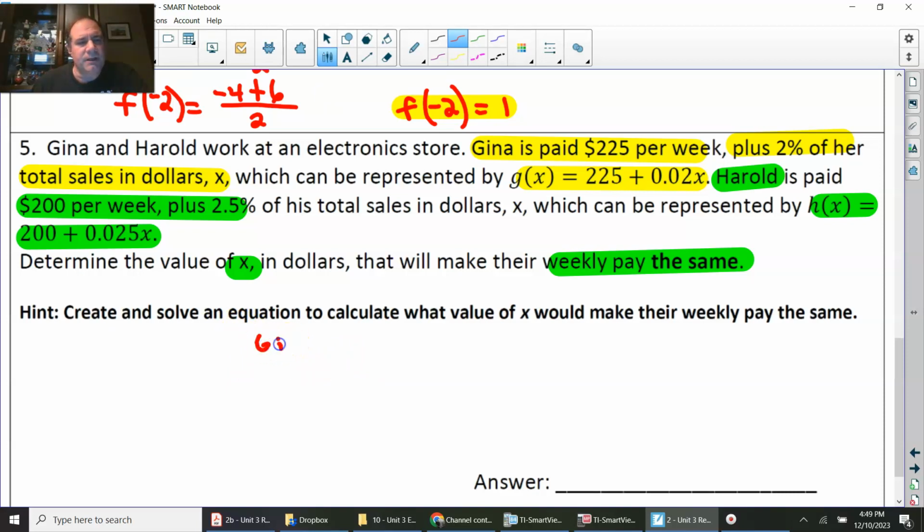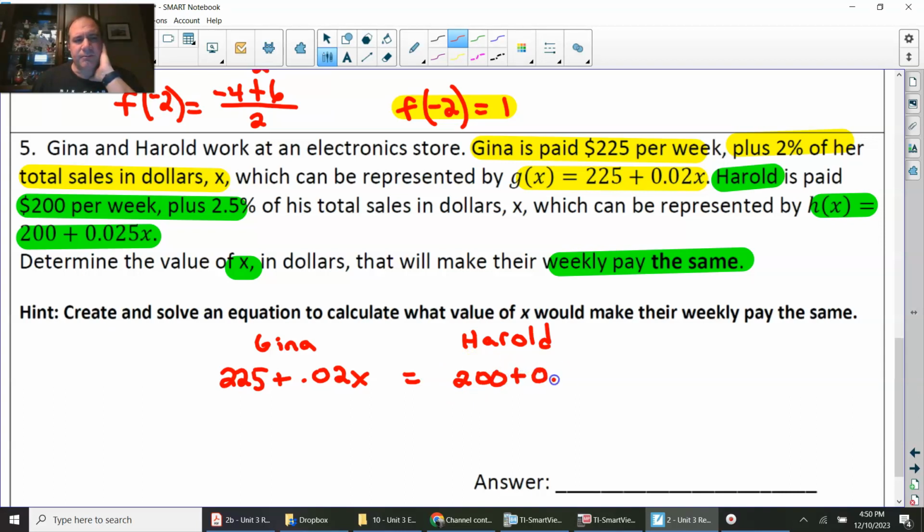So when it says the same in math, you have to set up an equation and put an equal sign in the middle. I'm going to put the names, one on the left, one on the right. Gina goes to the left, Harold goes to the right. In Gina, they said that g of x is equal to 225 plus 0.02x. I'm going to put an equal sign in the middle, and then I'm going to put Harold's 200